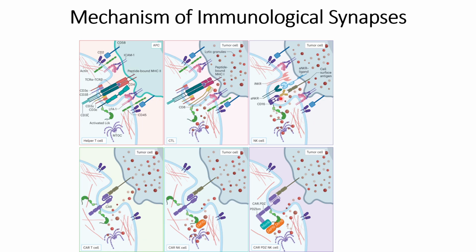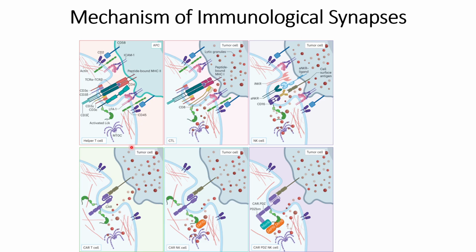In the case of NK cells, a similar thing happens, but there is one more enhancement: lytic granules are also released through the interaction of NK ligands that are present on the tumor cells when they interact with the NK receptors, and also the CD16 that contains the antibodies against the cell surface antigens that are present on the tumors. So both of these will release the lytic granules